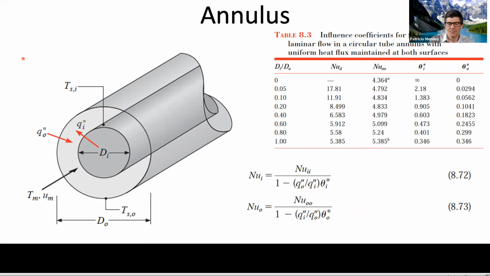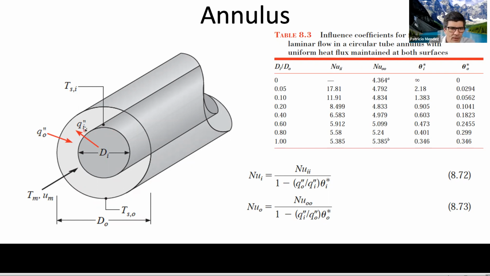Okay, good. So good for internal flows. We can calculate pretty much everything, and this is for an annulus with laminar flow. If the flow was turbulent, what we do is we calculate the hydraulic diameter. The only thing that is interesting in this case of the annular flow is that